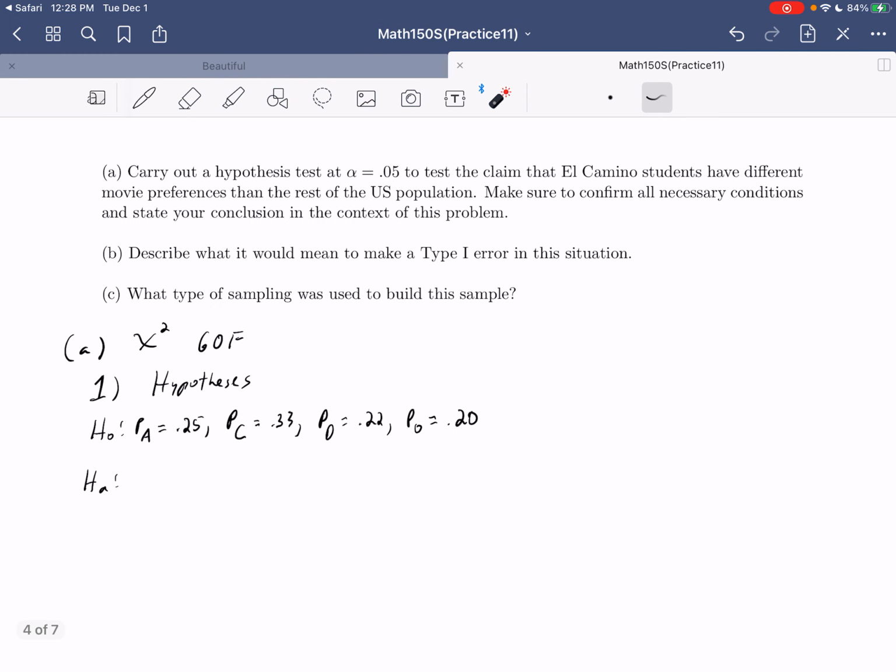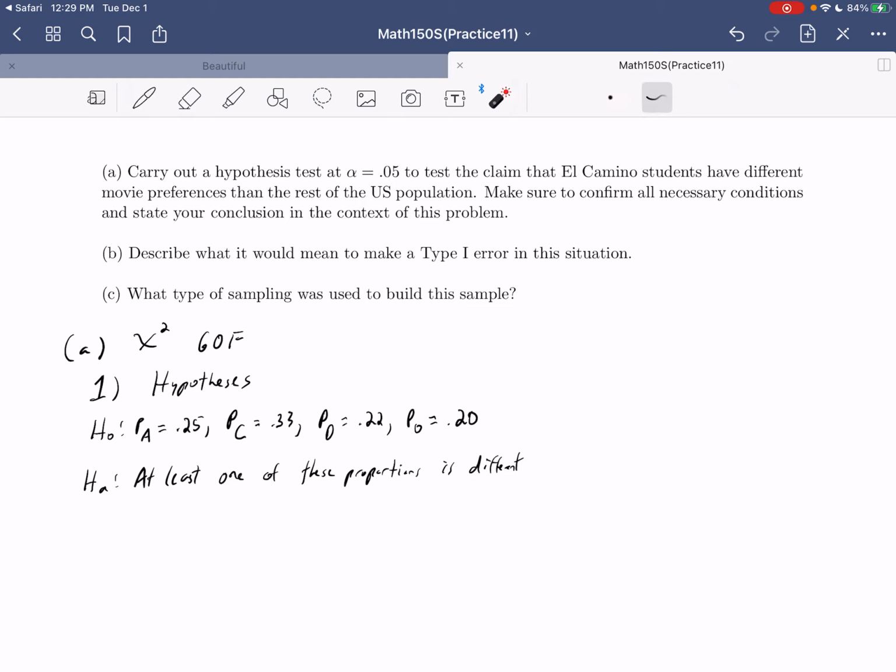Well, remember that the alternate in chi-squared goodness of fit is always the same thing. Since this is a global hypothesis test, it has a preset alternate. The alternate is that at least one of these proportions is different. Now, if you go back over some of the lecture videos, sometimes we use the phrasing is different,